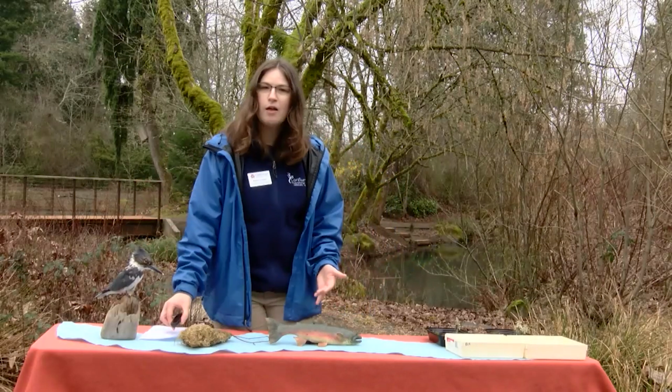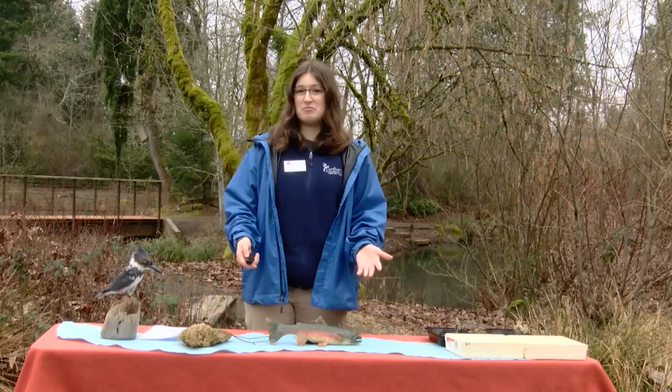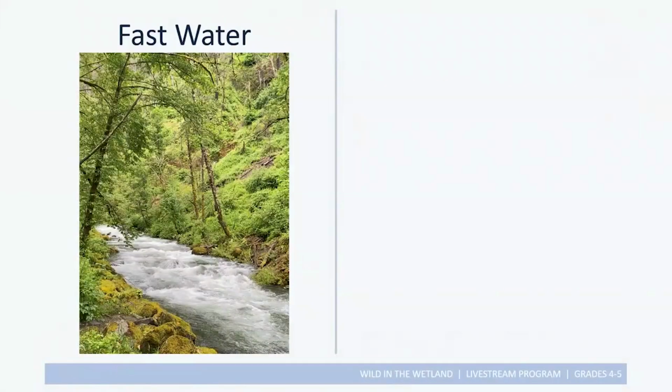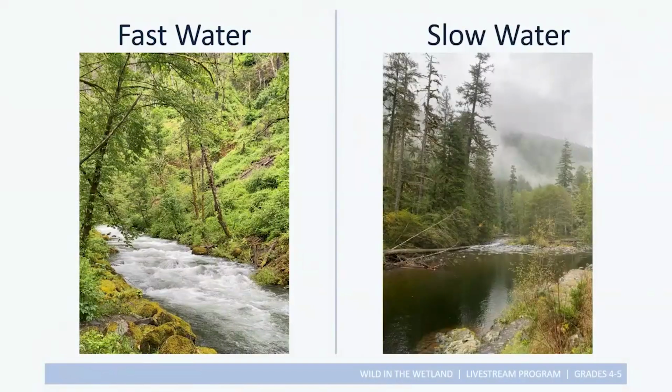Another way that you can tell how it's flowing is by looking at it. Sometimes there can be differences in how it looks. I have some great photos here that I'd love to show you. Fast water, when you see it, sometimes it can be splashing and moving really quickly, and it can be easy to tell that it's moving fast. And you can also hear it as it moves quickly. For slower water, it looks almost as if it's not moving at all sometimes. And the sound will be different. You may not hear that loud rushing noise that you hear when the water is moving fast.